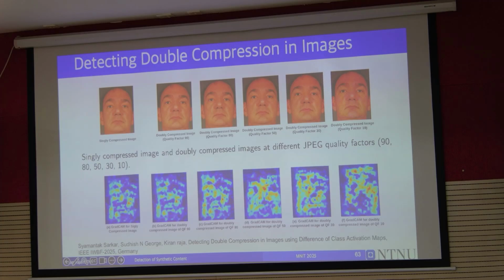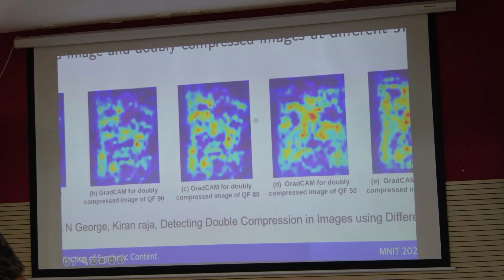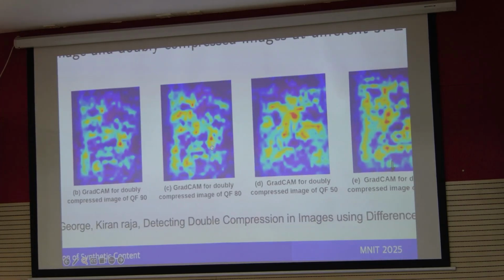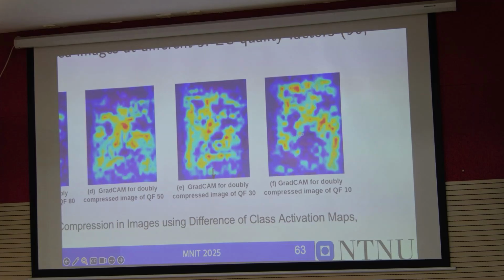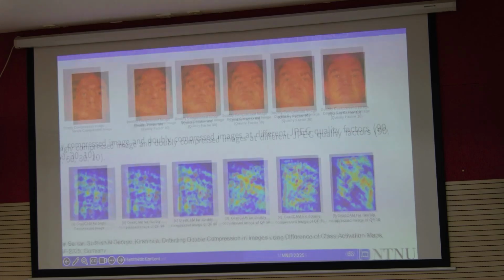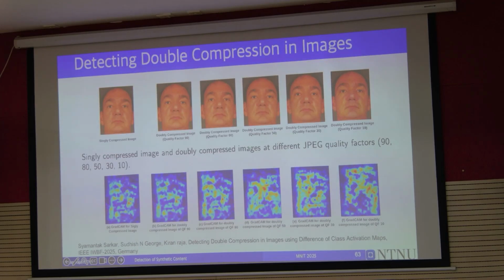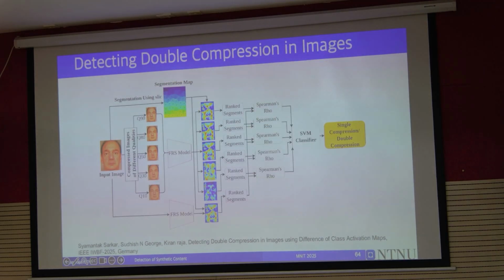you have very high activations. You see the changes across all of these. From this one, 80 to 90, sorry, 90 to 80, it is more activated. 90 to 50, it's even more activated. As we progress, you are having very high activation. So this gives you an indication that the gradients can tell us something about the image quality, image compression, right? So if I have that, how can I design a network that is somehow